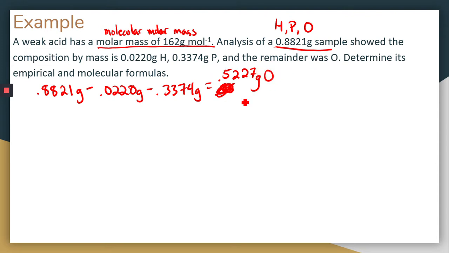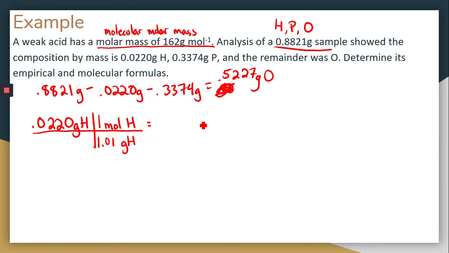So this is the remainder, so that's the mass of oxygen. What we're going to do, the first step, is to take our masses and convert them into moles. So the unit and the substance are brought down to the bottom, and we're trying to go to moles, 1 mole, and then the mass is the molar mass. So we look on the periodic table, 1.01. We want to use the same number of significant figures, so that would be 3. So that 0, remember, is not significant. We have our moles